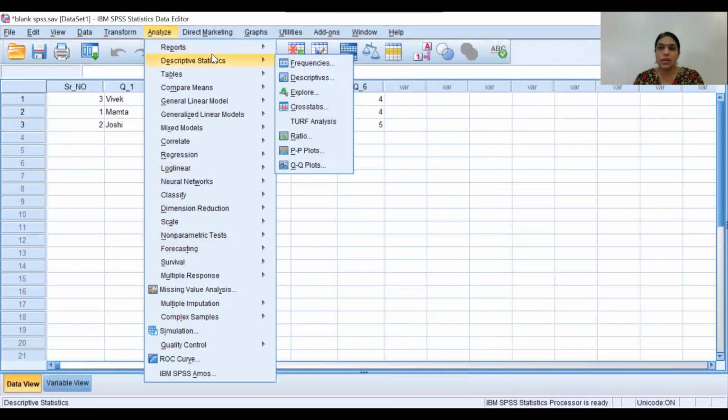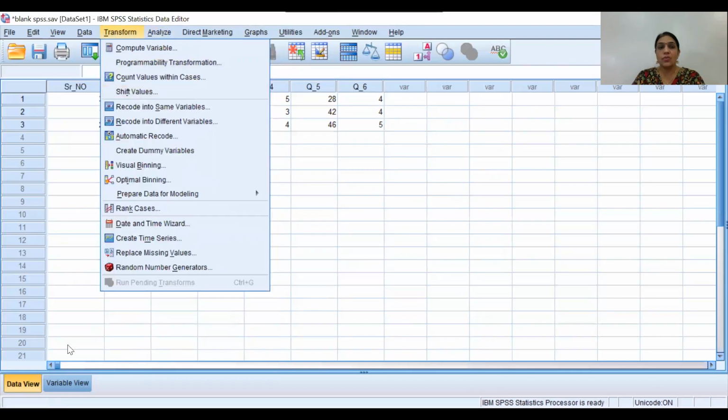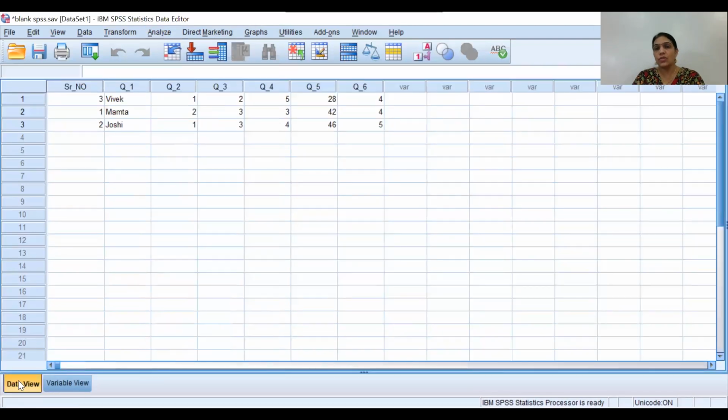So almost all the tests, t-test, ANOVA, regression, correlation, factor analysis, non-parametric tests, the options available under the Analyze menu, we have discussed. In today's session, we have discussed various types of tests available under which menu, how to use the transform function, how to create the variable view, how to enter the data view. So this is all about the SPSS software.